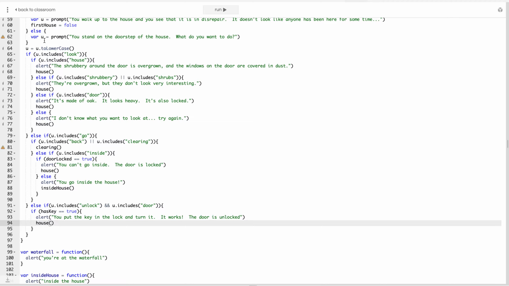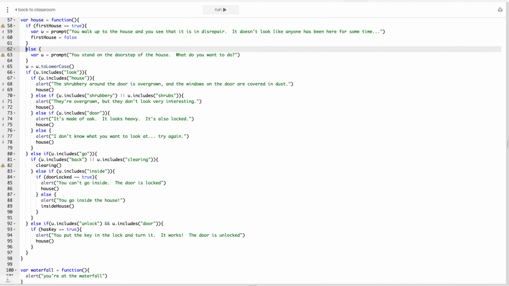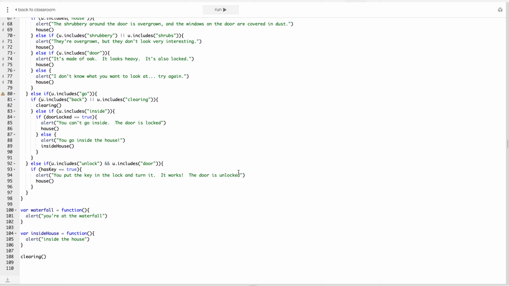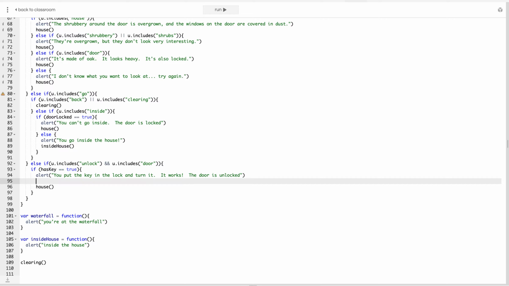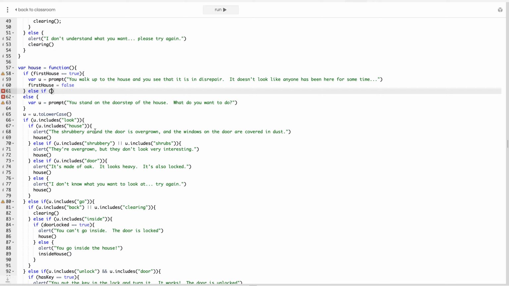And maybe at this point we want to say something like, we want to add another statement here, else if, well, actually, when we put the key in the lock, we probably want to keep track of that. And so we have door locked is equal to true here, right? Here we're going to say door locked is equal to false. And so now we know that the door is unlocked. And so up here in our prompt function, right, else if door locked is equal to false,